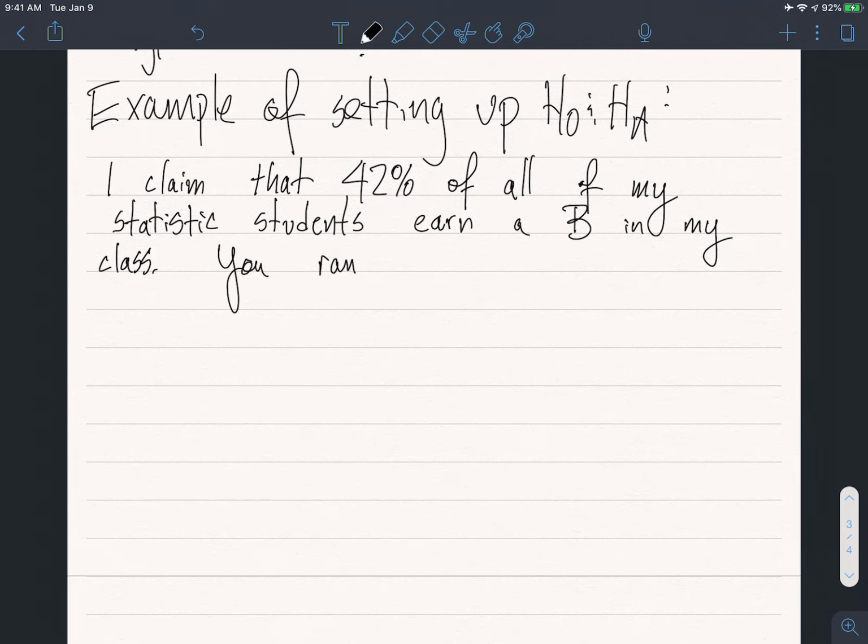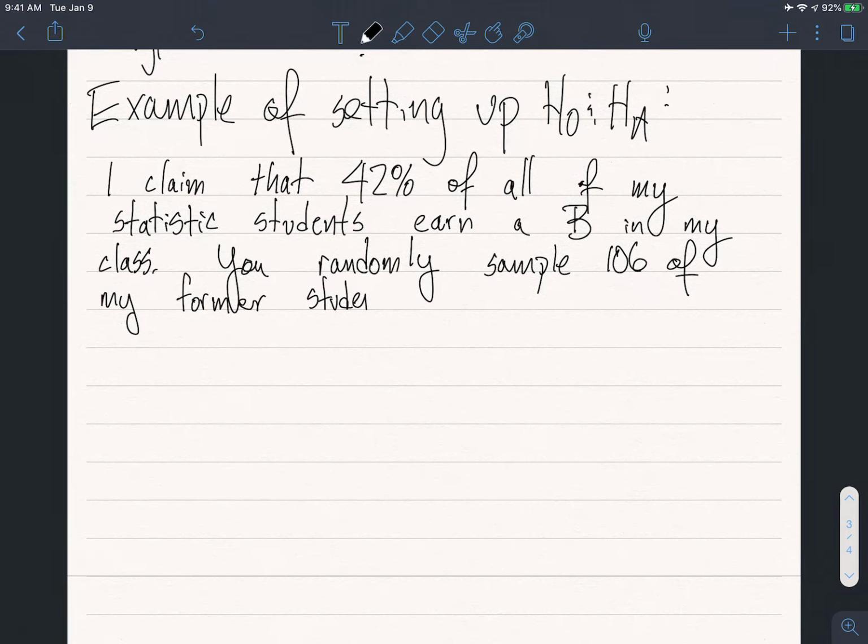You randomly sample, let's say, 106 of my former students, and find that, let's say, 39 earned a B. Conduct a hypothesis test